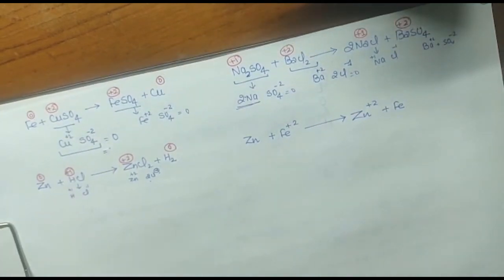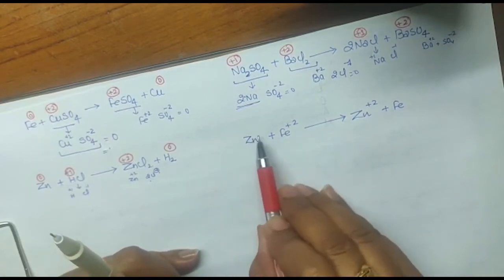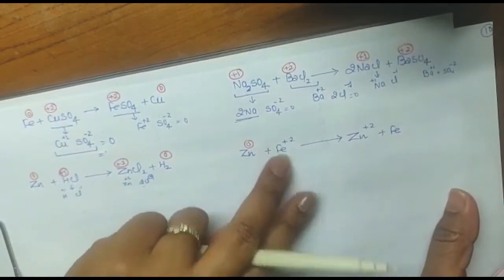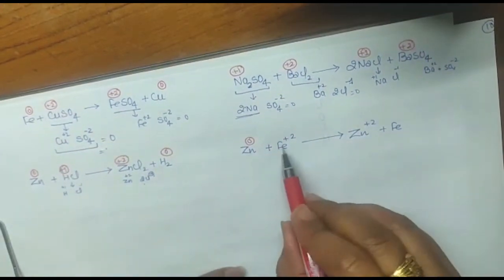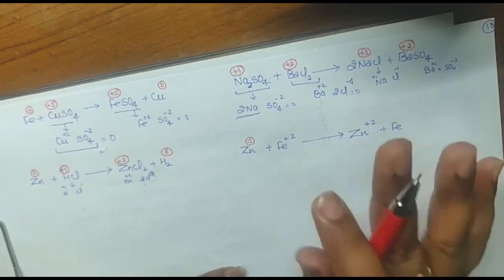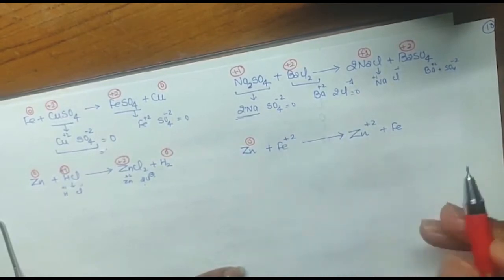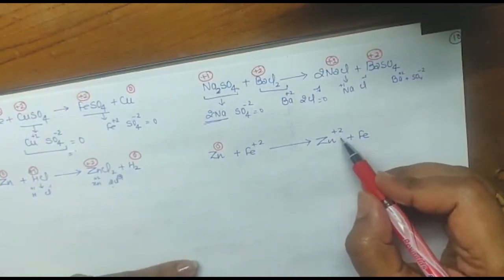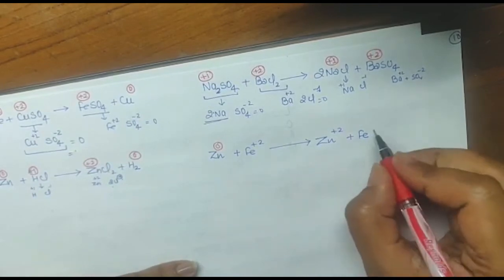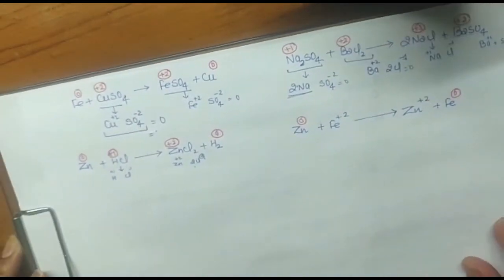Okay, in this, see, this is free state, no element is attached over here, so that's why the charge is 0, isn't it? What charge does Fe have? Fe already has a charge, so that is +2. We will not find another charge. Okay, let it be like this. Now Zn already has a charge, so we will not find anything, and Fe again here is in the free state, so what is it? 0. Got it? So let's check one thing.